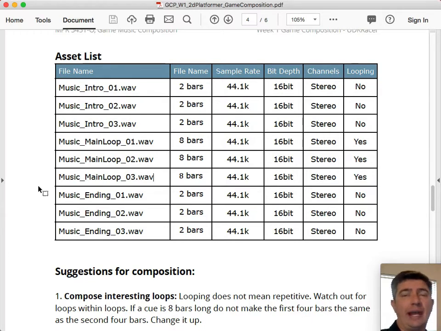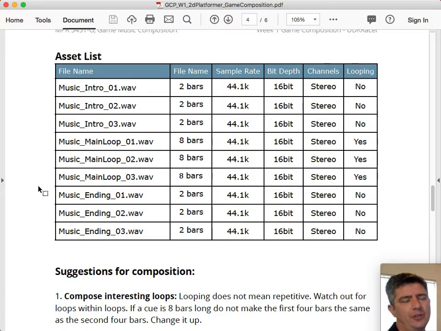The variation comes in, it's going to be the same key, the same tempo, the same time signature, the same instrumentation. There's a lot of it that maintains continuity all the way through the game, so that it helps maintain and feel like one cohesive piece of music.